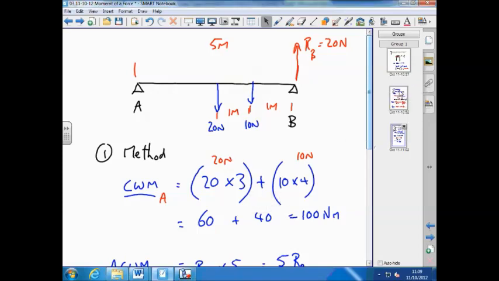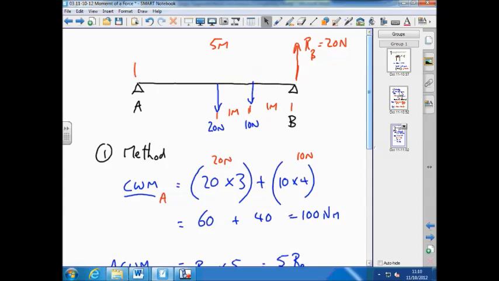So what load is this support B taking? A force of 20 newtons. So I need to make sure that my support can take a load of 20 newtons. Now, I want you to assume the pivot is at B and work out the reaction force at A using